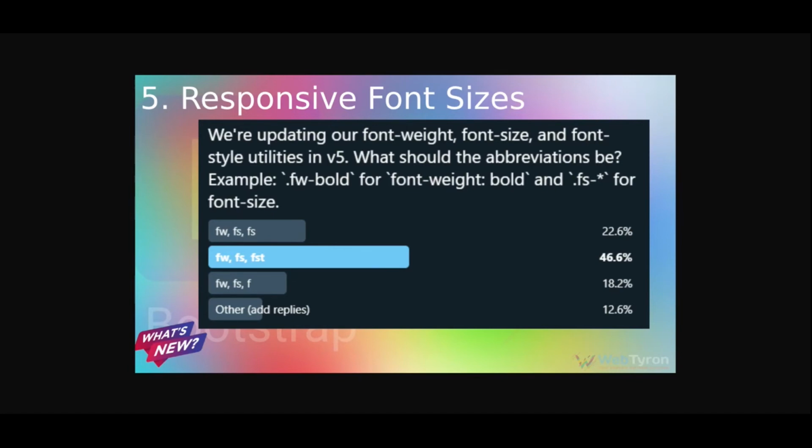Fifth major change in Bootstrap 5 is RFS. RFS is a unit resizing engine which was initially developed to resize font size, hence its abbreviation for responsive font sizes. Nowadays, RFS is capable of scaling basically every value for any CSS property with units, like margin, padding, border radius, or even box shadow.